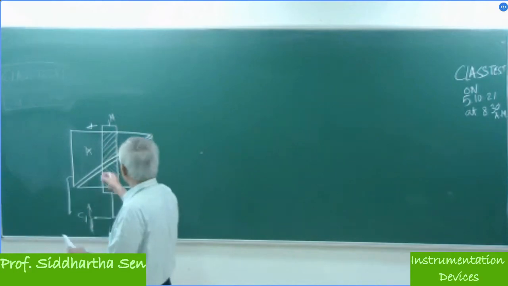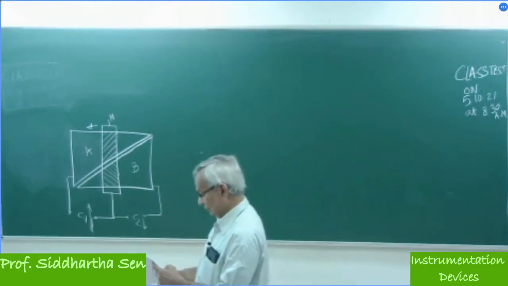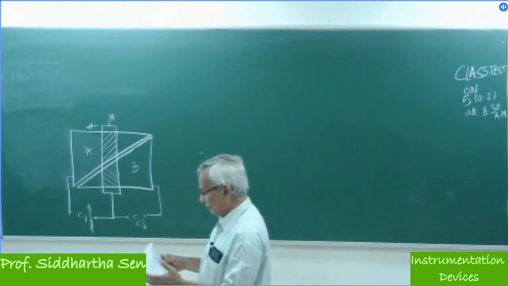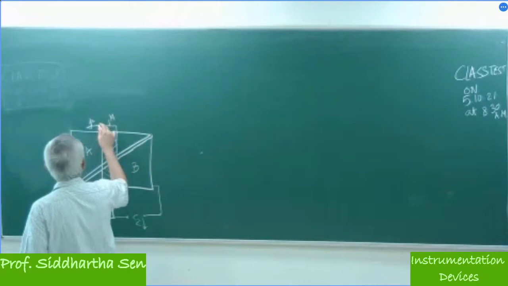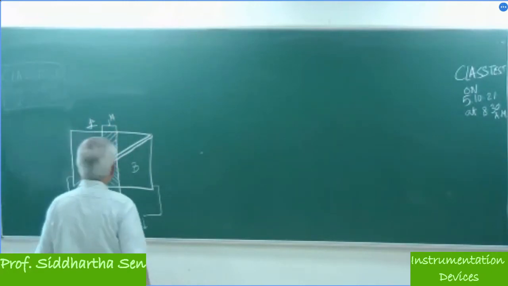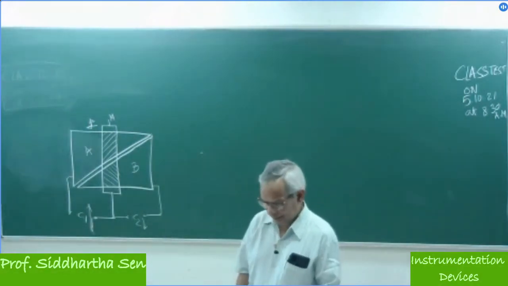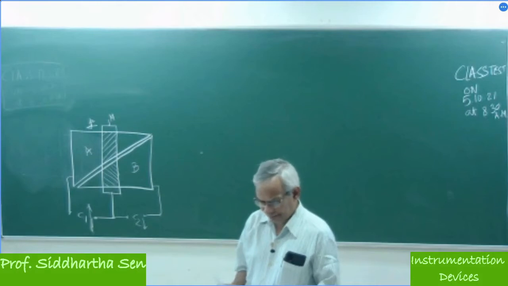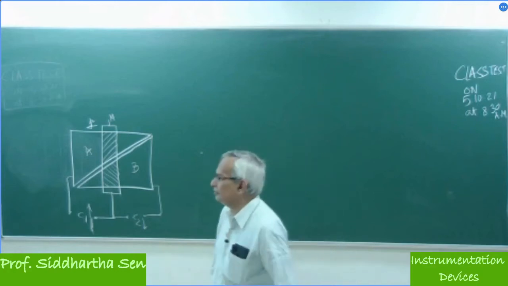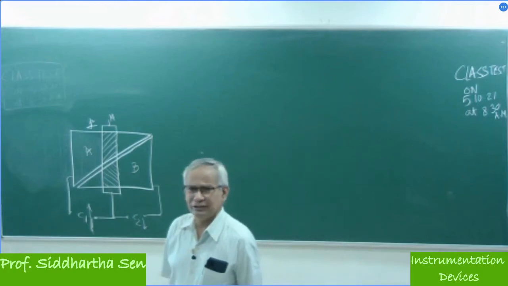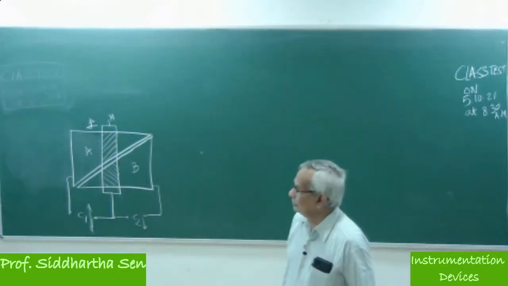And simply employing the trapezoidal area, you can find the values of C1 and C2, and if it is moved by an amount dx, what is the change in area, and accordingly what is the value of C1 and C2, you have to find out. And thirdly, a suitable scheme for converting the displacement signal into a voltage signal, for which we have already seen many signal conditioning circuits. Is it okay? Yes, sir.